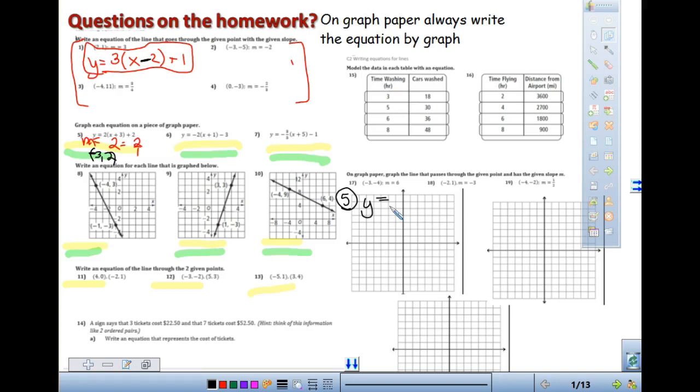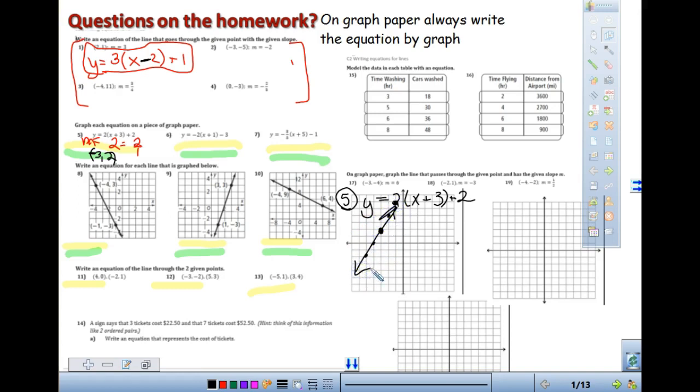So that when you graph an equation, or when you graph a problem, if I'm looking at number 5, I would have seen on your graph paper 2 times x plus 3, plus 2. I would have gone to the start point, negative 3, positive 2. And then I would see a slope of 2 over 1, which means rise of 2 and run of 1. And if I can't keep going up 2 and over 1, then I'm going to go down 2 and back 1. And I'm going to get at least 3 points, and then I'm going to extend that,